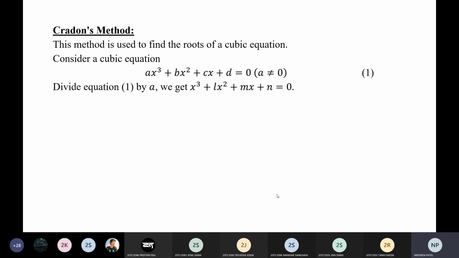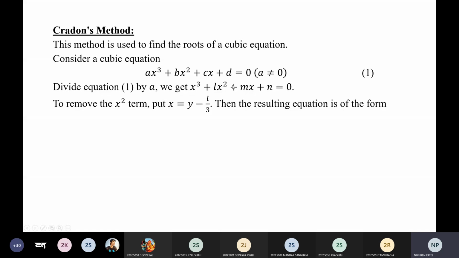Okay. So just look at here in Cardan's method. First thing we do for the given third order polynomial equation, we try to convert the coefficient of x cube into 1 by dividing by that coefficient. Then after that we will try to reduce the x square term. But how is it possible? By substituting x = y minus L by 3, and when we do this you will not have any square term, you will have only the cubic term, the first-order term and the constant.